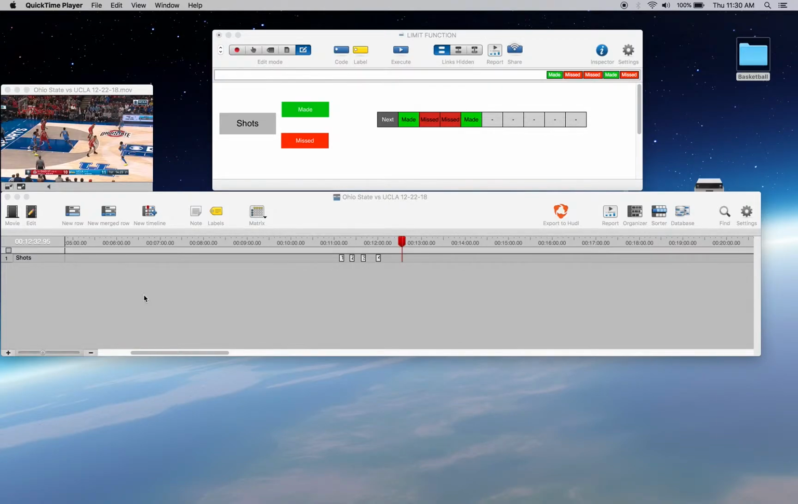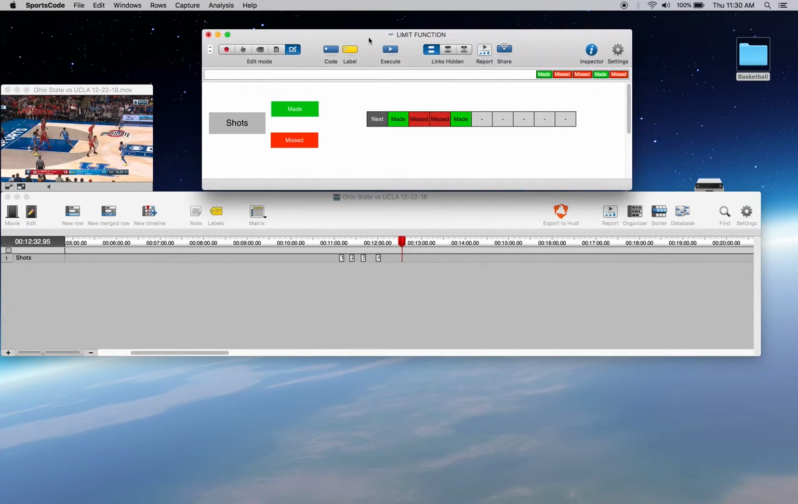The limit function allows you to output the outcomes of events in a particular order. So right here, I've got my code and output window. It's just the same thing. The goal of this output window is I want to output the last shot result in my row here called shots. Just for a quick example, I've already filled some out, but I want to press, well,